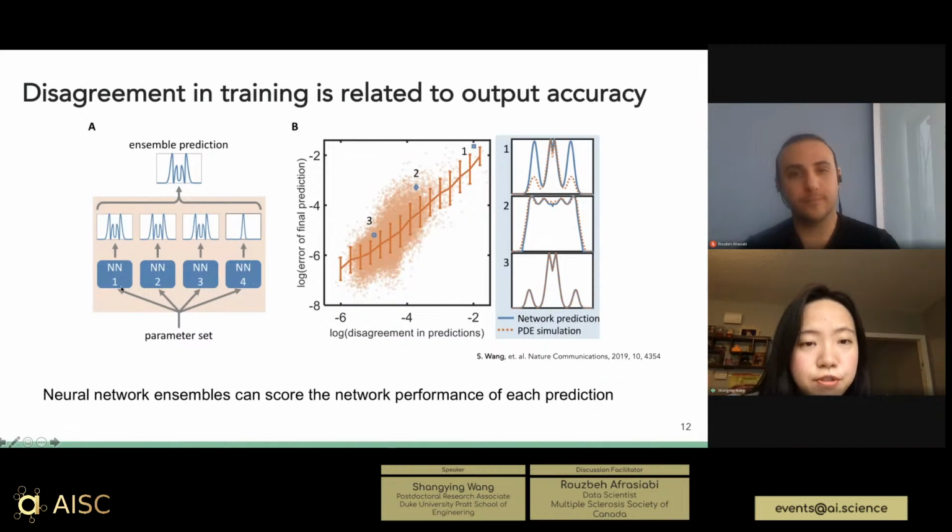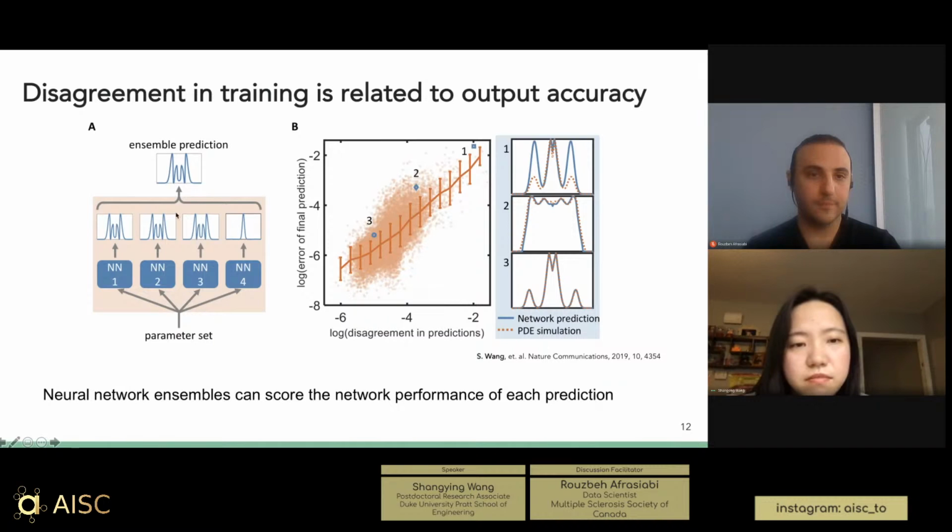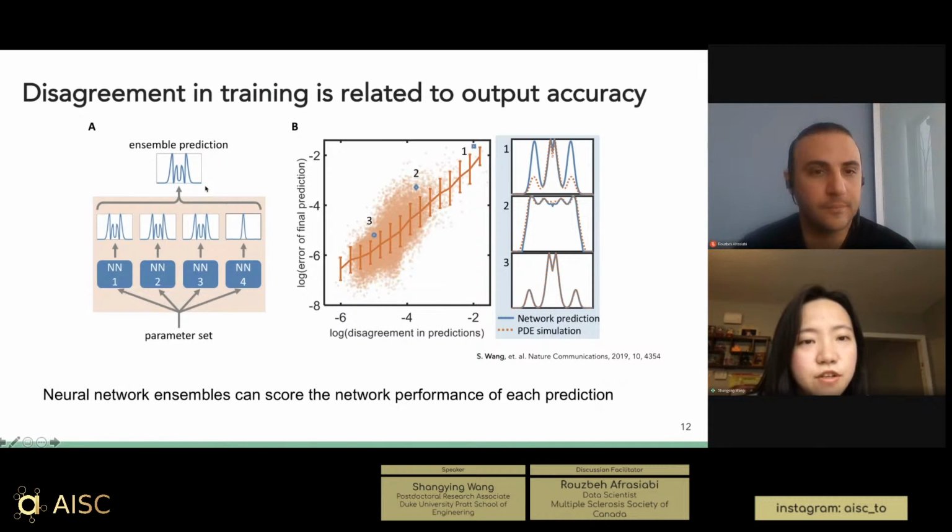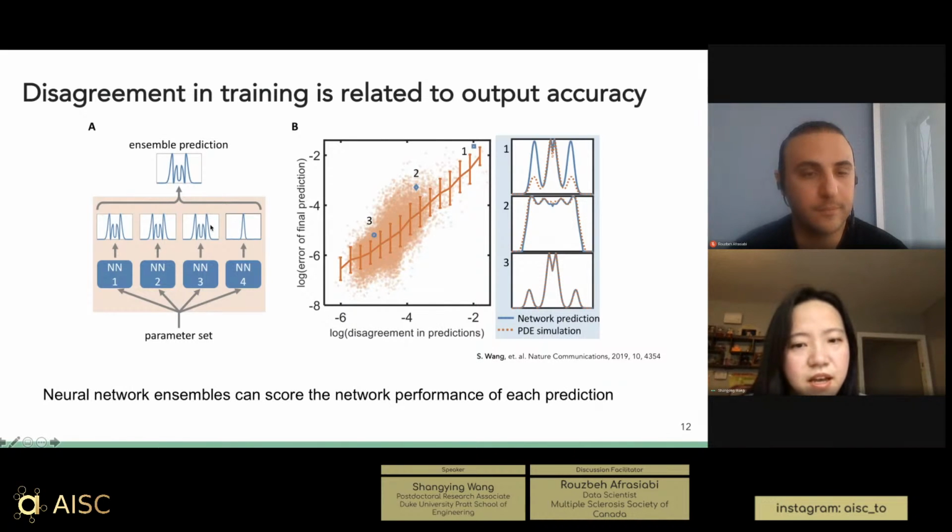So with these 4 neural networks, you can see there will be predictions. Then I'll choose the prediction that has the least mean square error between all the others. So I call this a voting process. This framework not only can provide final predictions using voting, it can also give us an estimate of how the neural network performs on each prediction. How we can do that, you can see on the right-hand side.